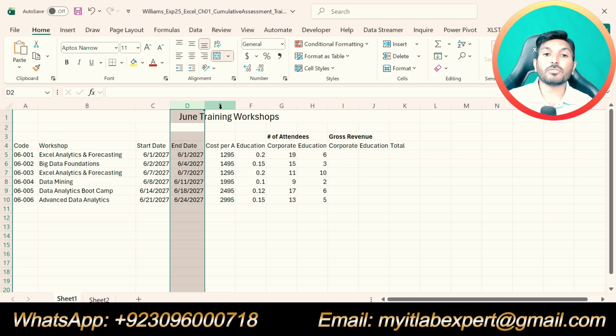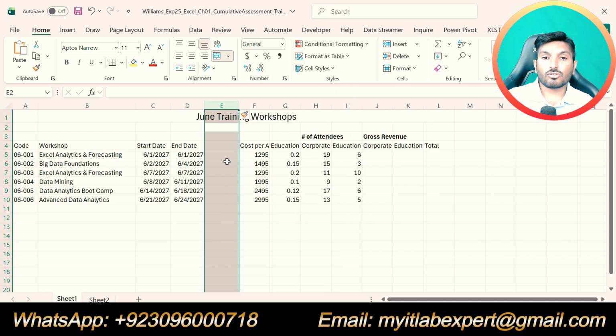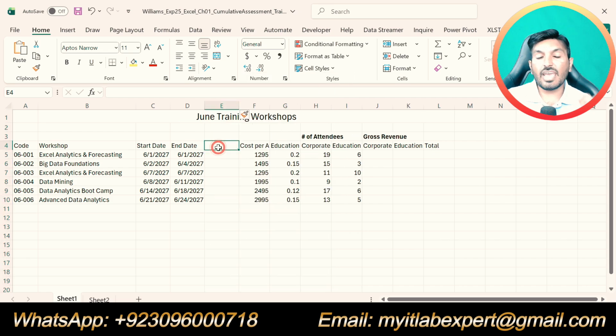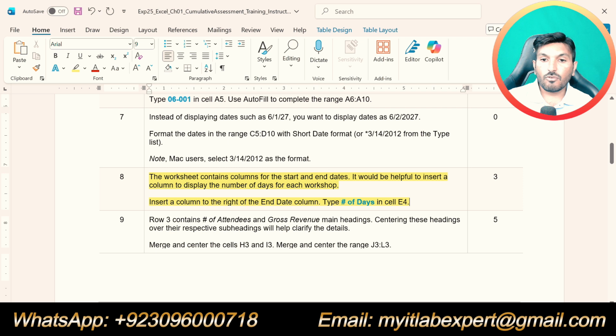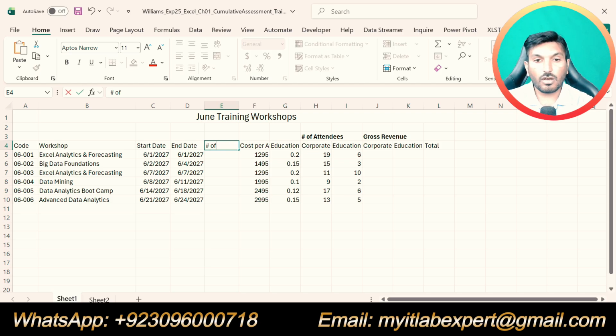So for this purpose we will select column E. Okay, and right click on that and click insert. So now you can see that we have a new column to the right of the end date column. So now in cell E4 we are supposed to type number of days. So go to cell E4 and here we are supposed to type number of days.